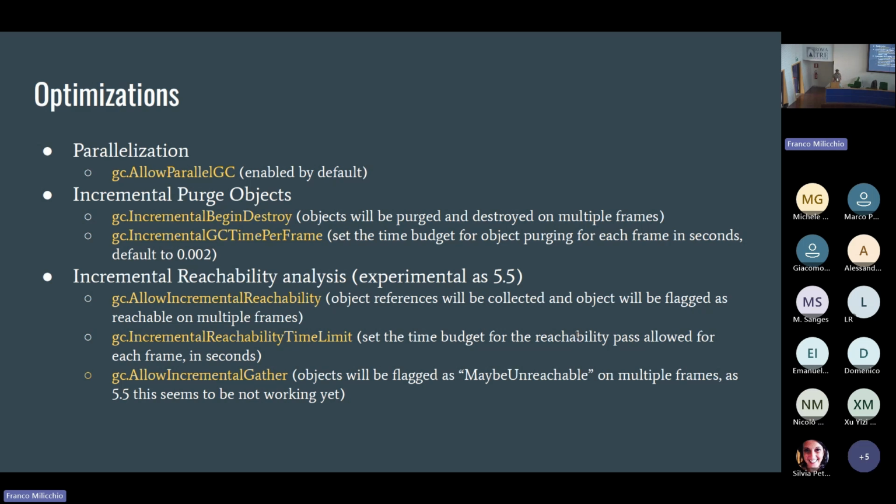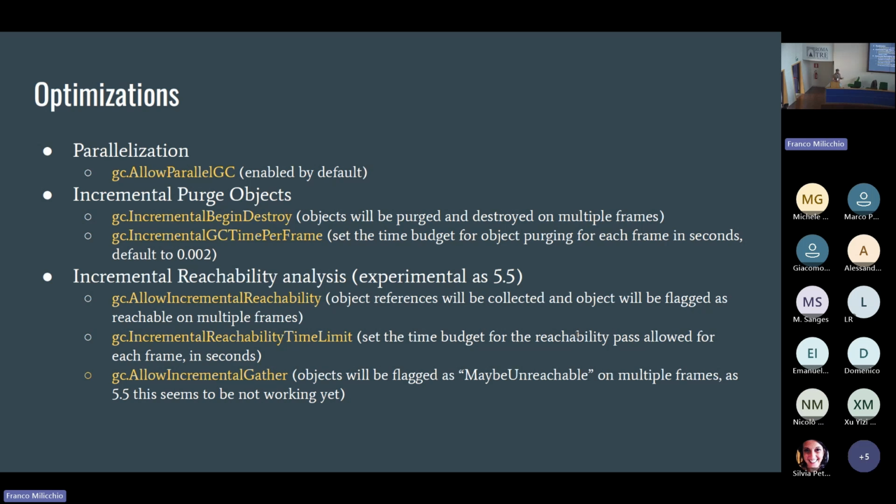And in UE5, Epic introduced the possibility to have the reachability analysis in incremental mode. So the steps that we saw before, where each object is first marked as unreachable, then reachable, and then again unreachable, can be done in multiple frames.